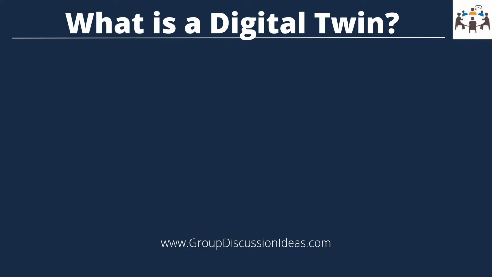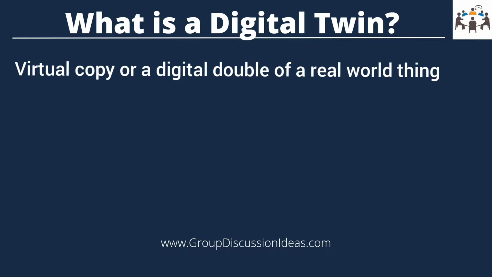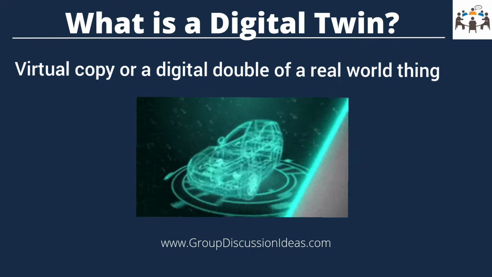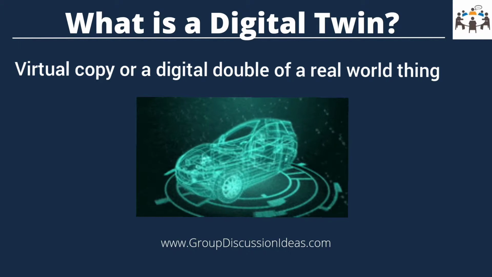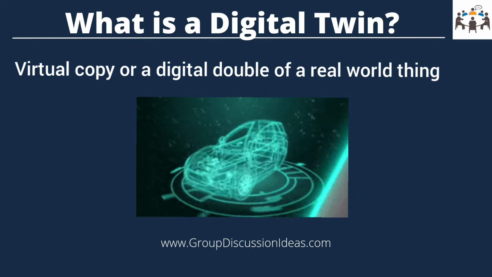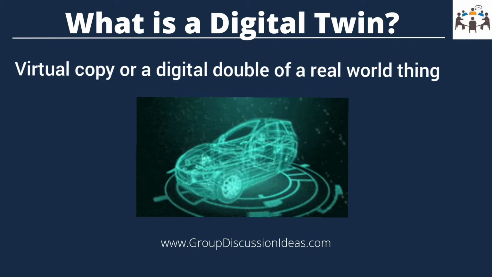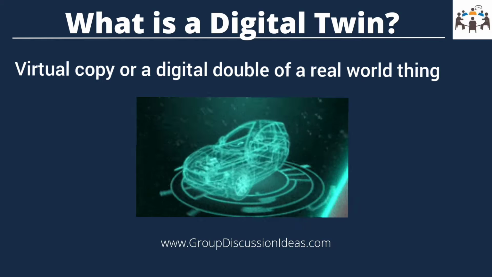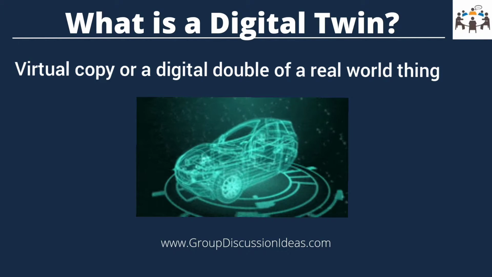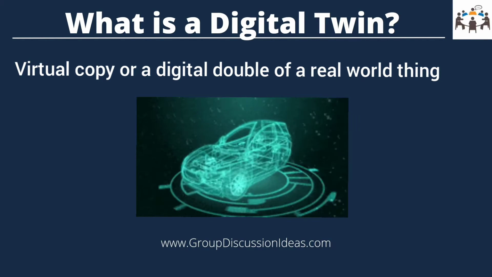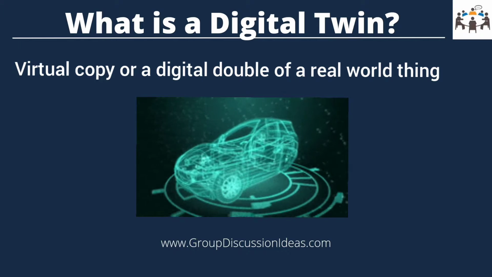First of all, let us know what is a digital twin. A digital twin is like having a virtual copy or a digital double of a real world thing. This could be anything from a machine, a car, or even a whole city. The key is that this digital version acts just like the real one, using information from sensors and other devices